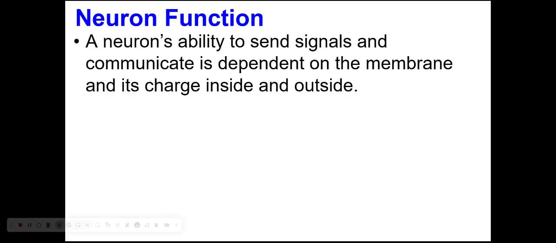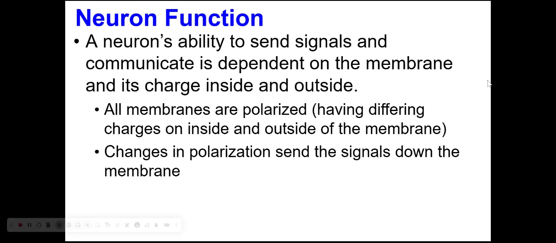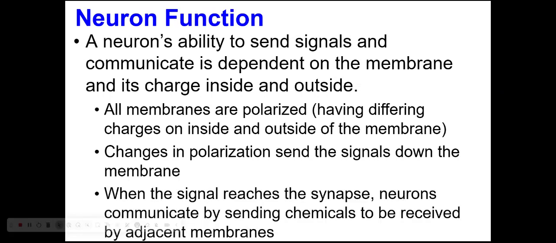If we look at the image that I'm going to show you, every membrane has this polarization, and changes in this polarization are what's going to send the signals down to the end of the membrane. Once the signal reaches the end of the neuron, the synapse, then chemicals like acetylcholine, neurotransmitters, are going to be sent to be received by the next neuron in sequence. In order to get the message to the synapse, though, we have to understand the process of a resting potential